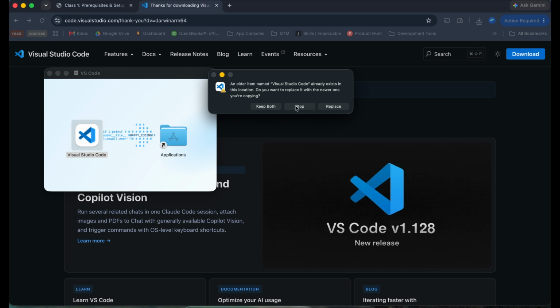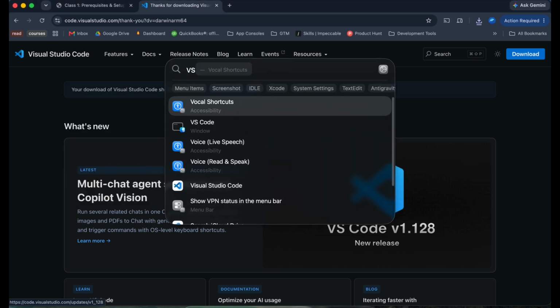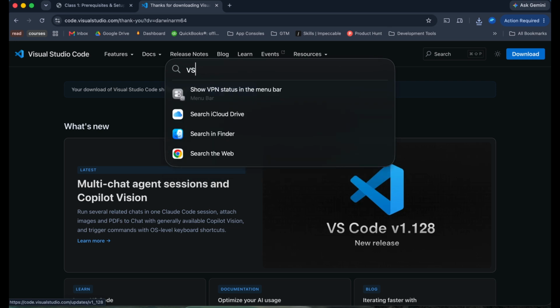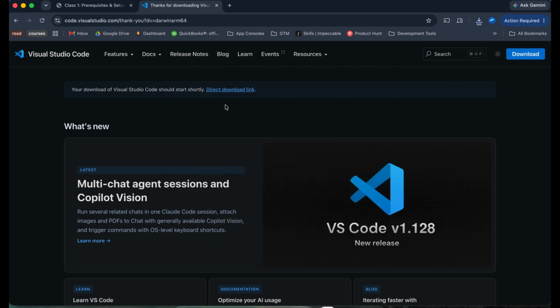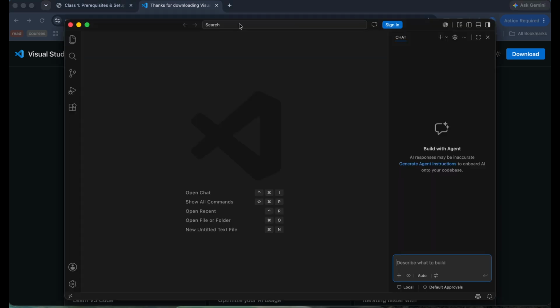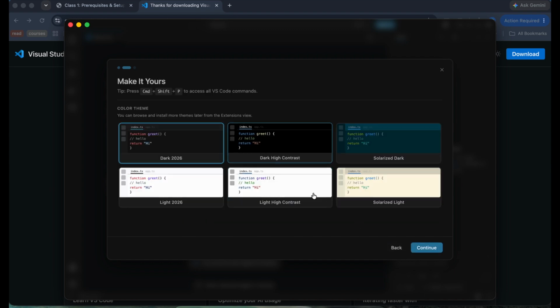Oh, I already have this installed, so let me just open it up. Visual Studio Code. All right, so here we go. You do not need to sign in with this.